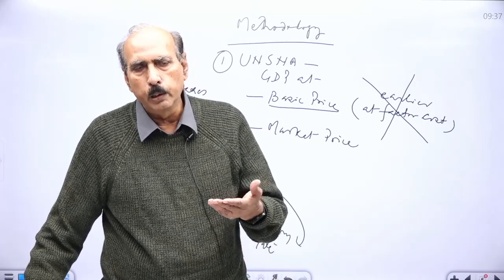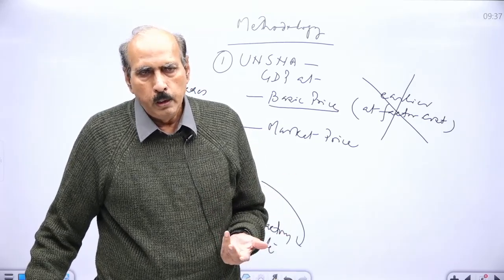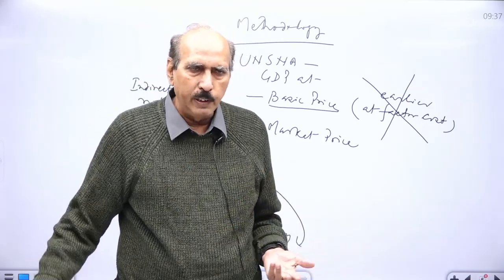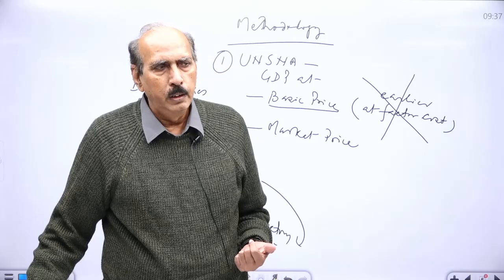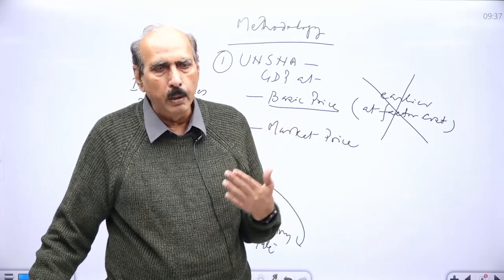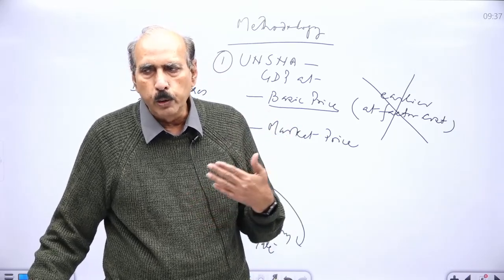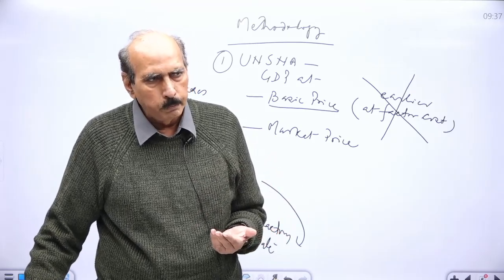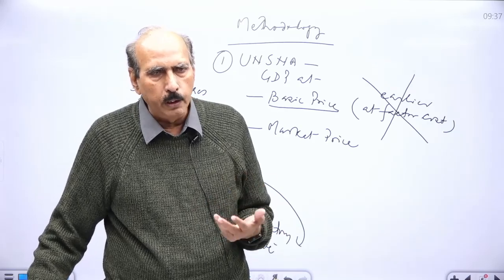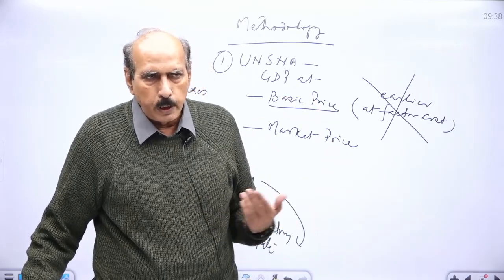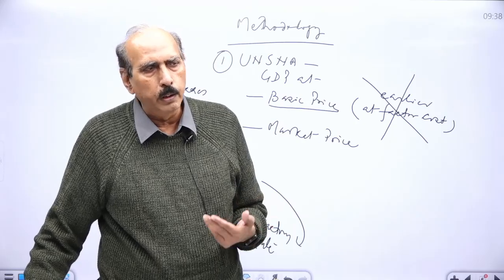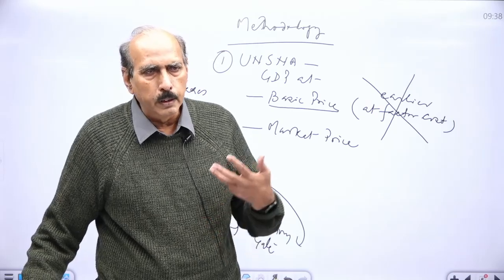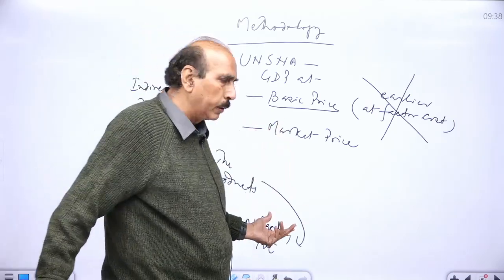For example, in case of oil, petroleum, central government imposes the excise duties. What goes to the state also imposes sales tax on this, क्योंकि अभी पेट्रोलियम GST के एम्बिट में नहीं है. They are free to impose sales tax. Every and different states have the different rates of sales tax. And therefore, in each state, the petrol price is different. Why is it different? Because the different states are imposing different rates of sales taxes on the petroleum, and this is how the market price is attained.